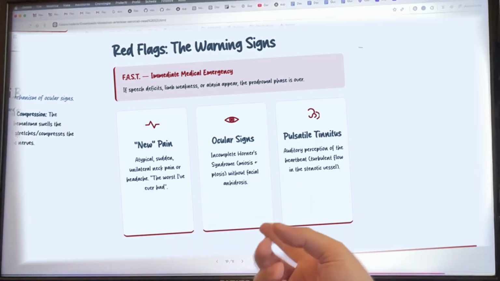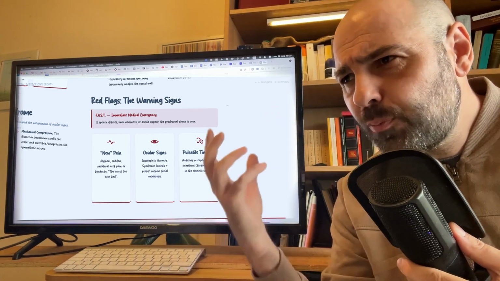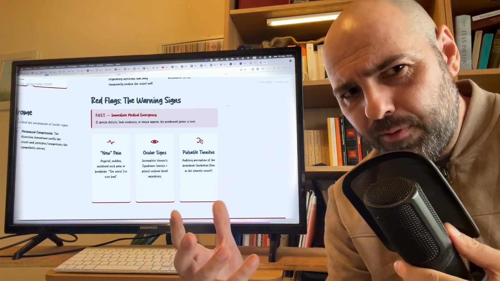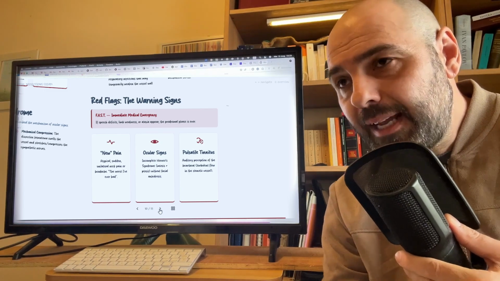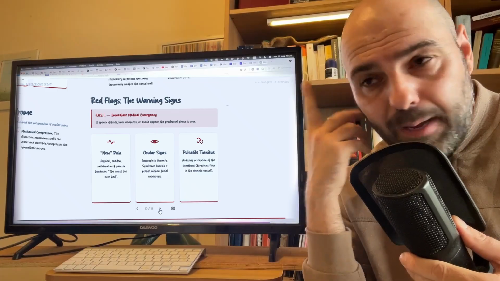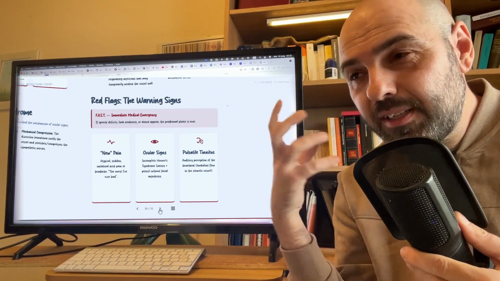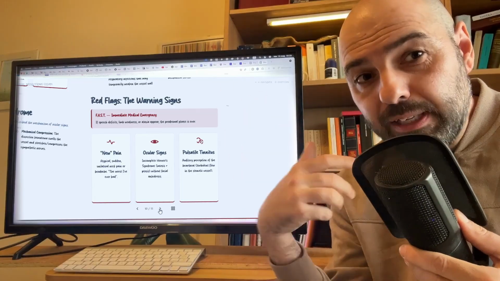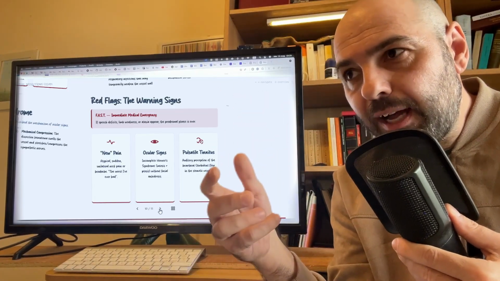Other red flags include a new pain. When the patient experiences a completely new pain, often described as one of the worst ever felt, a headache, neck pain, the eye symptoms we mentioned earlier, and also pulsatile tinnitus, a pulsing ringing in the ears, because the internal carotid artery passes just a few millimeters from the petrous bone and almost acts as an amplifier, as if we could hear the sound of blood flow, interrupted precisely by that flap of the vessel's intimal layer